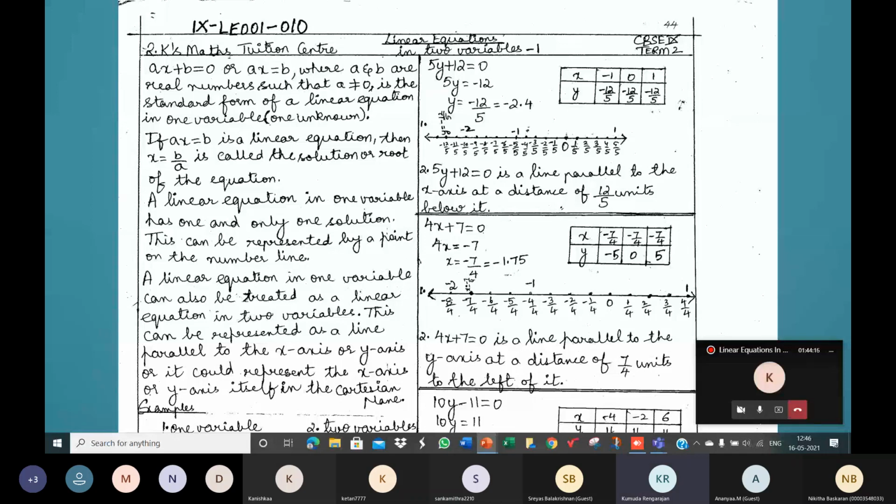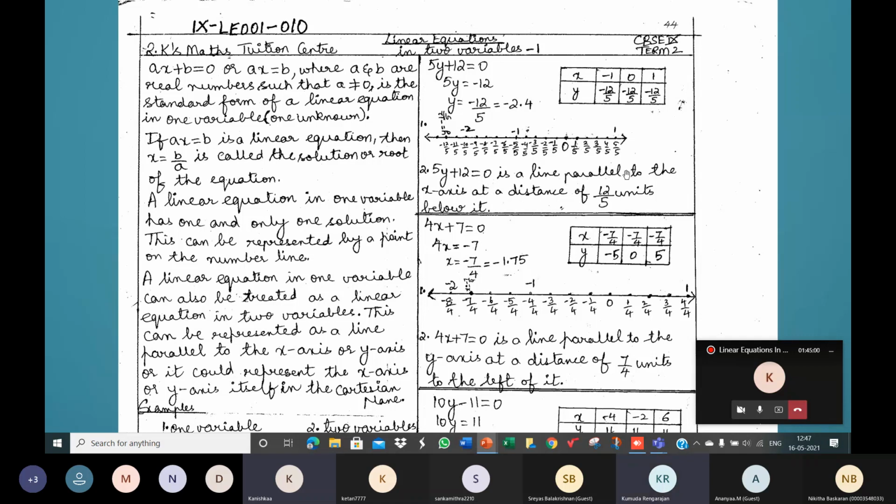Now let's comment about this line. How do we say this? Ma'am, it is parallel, ma'am. So first we say it's parallel. So this line which you got is parallel to which axis, x-axis or y-axis? X-axis, ma'am. It's parallel to the x-axis. Now when you say x-axis, you cannot say left and right. You must say above and below. With respect to the y-axis, we have right and left. With respect to the x-axis, we have above and below. There is some region above the x-axis, there is some region below the x-axis. Now tell me. Ma'am, it is below the x-axis, ma'am.